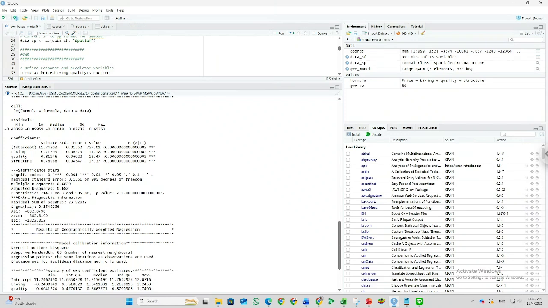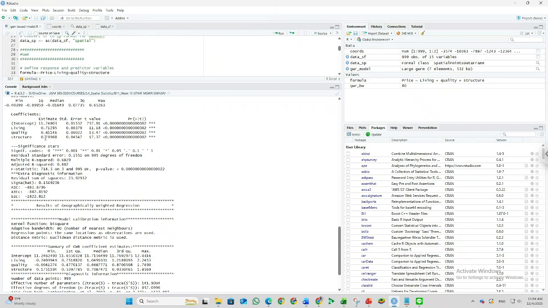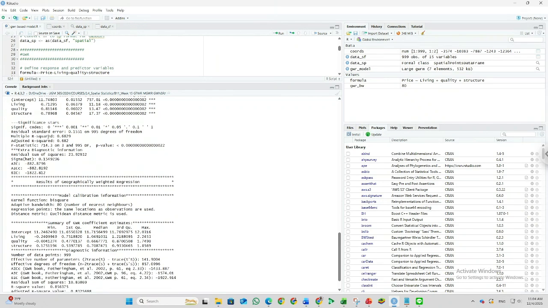So if living increases, the price also increases. If quality increases, the price also increases. If structure increases, the price also increases. That means we have a positive coefficient in here. And we also have the R squared.